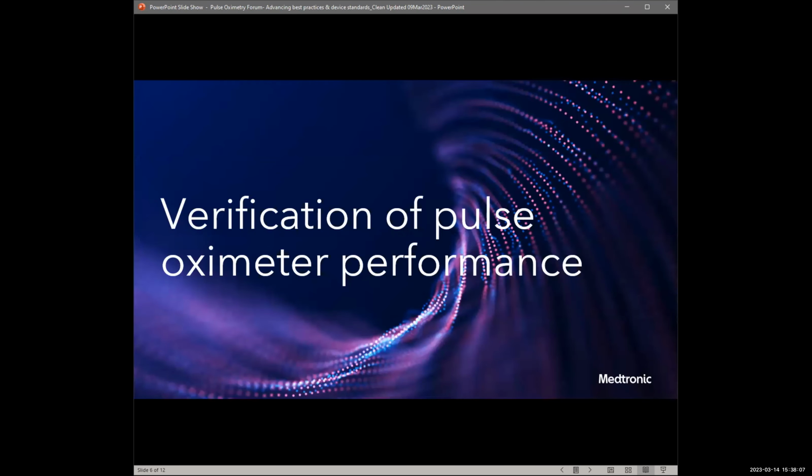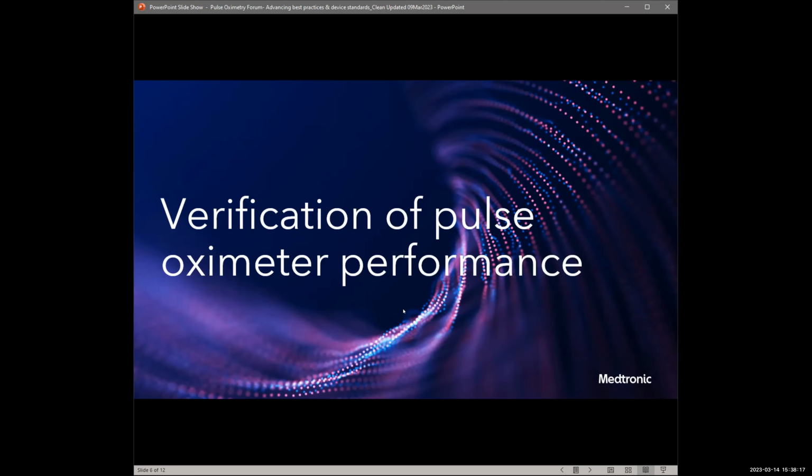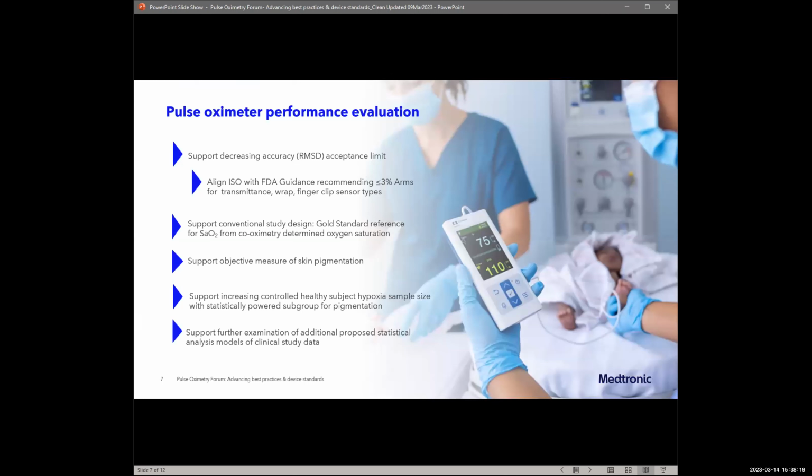So as I said, we spent probably the better part of the year working with Gene and reviewing all of his models. And this right here is all of the key issues where Medtronic has chosen to put our best efforts in researching solutions and aligning with proposals discussed in this forum. So we do support decreasing the accuracy acceptance limit. This would be aligning ISO with the current FDA guidance, recommending less than or equal to 3% accuracy in terms of root mean square